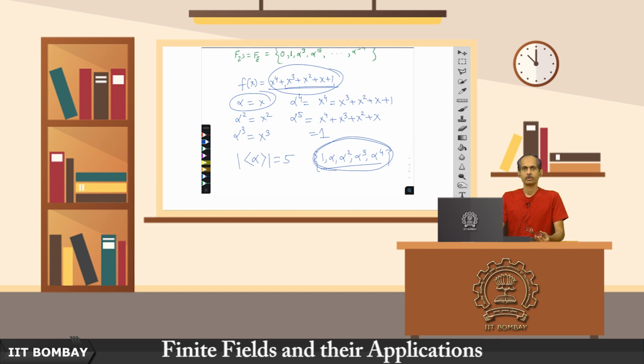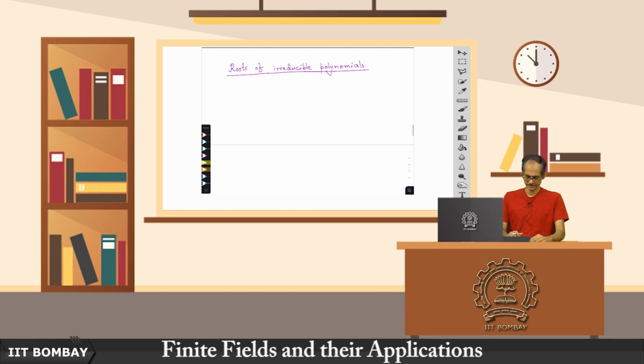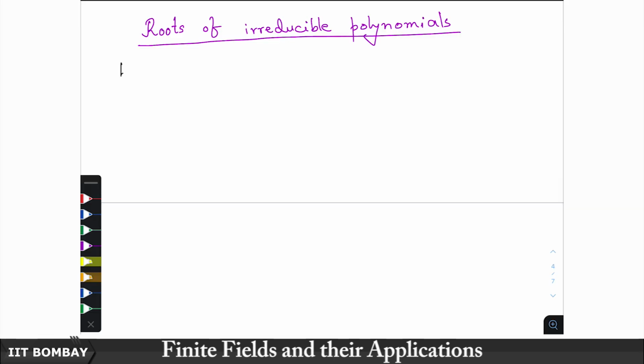look at irreducible polynomials and their roots. We will see that over finite fields, irreducible polynomials have roots which have a certain relation. So, first of all, here is the structure, here is the relation between roots. Suppose we have an irreducible polynomial over F_q, f(x), this is irreducible,